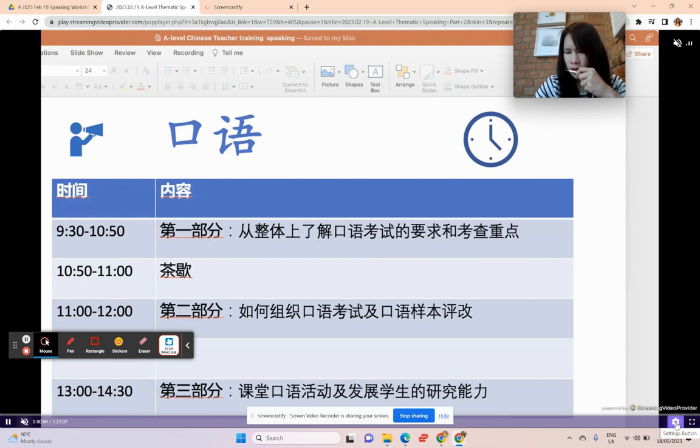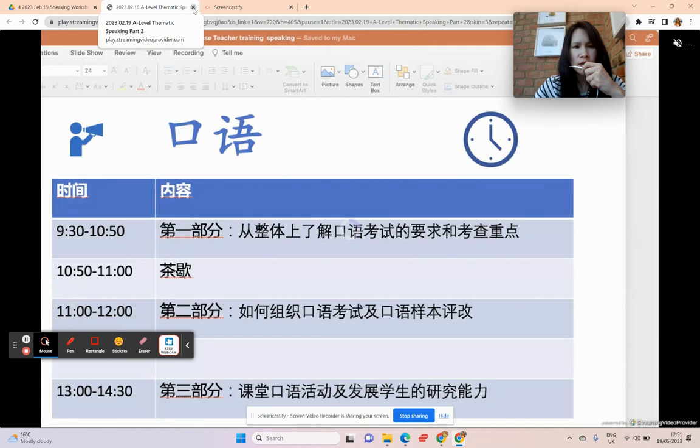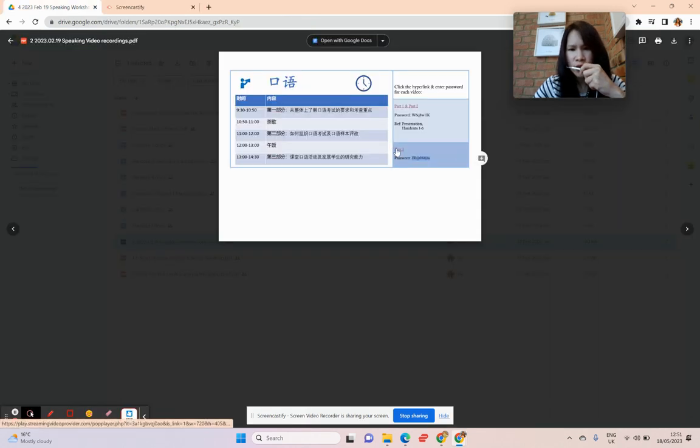And here there's also another function where you can control the playback speed. For example, you can choose one time, or 1.5 times if you're a quick listener, or two times. And the good thing about this is that once you've done this, the second time you want to get access to the same videos,